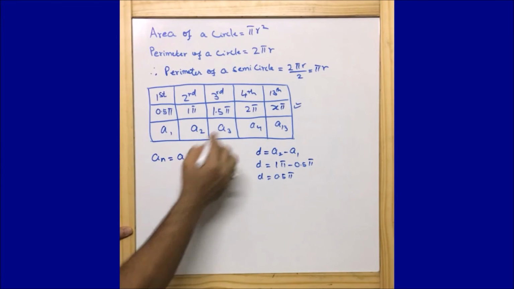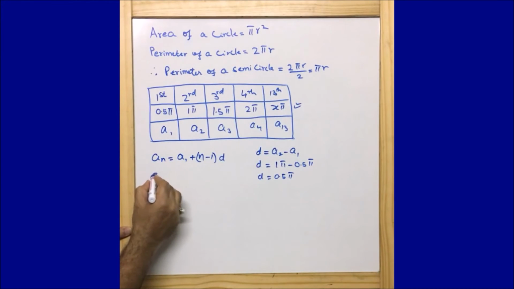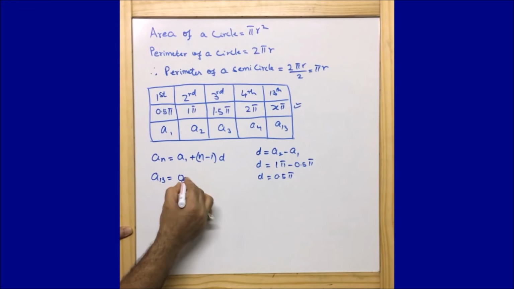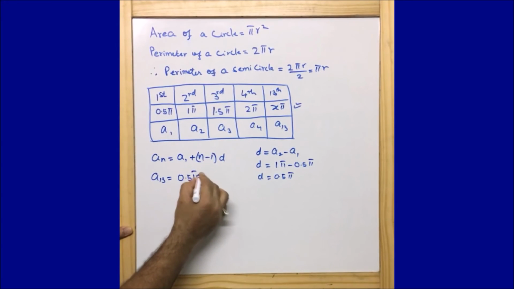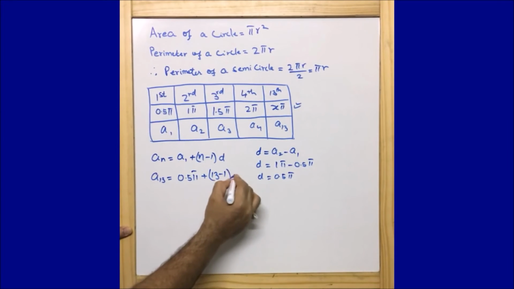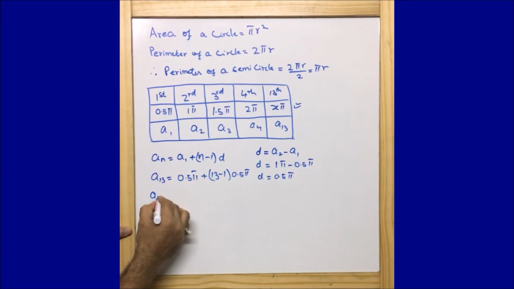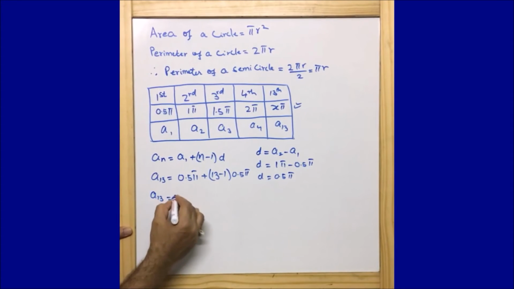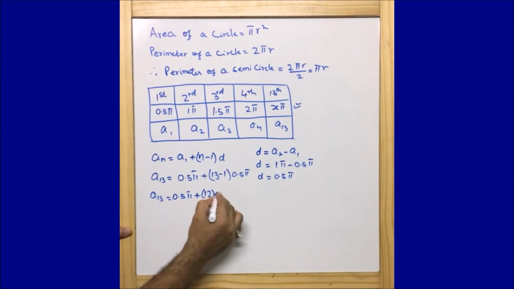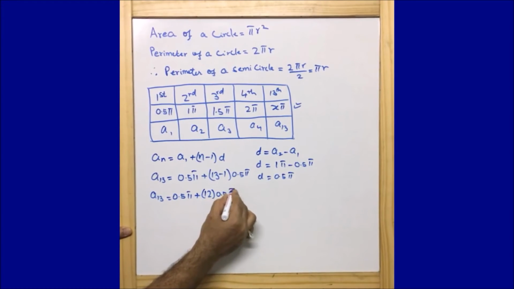Because we are concerned about the 13th term, I will write a13 is equal to a1 as 0.5 pi plus n is 13 here minus 1 into d. d is 0.5 pi, or I can write a13 is equal to 0.5 pi plus 12 into 0.5 pi,